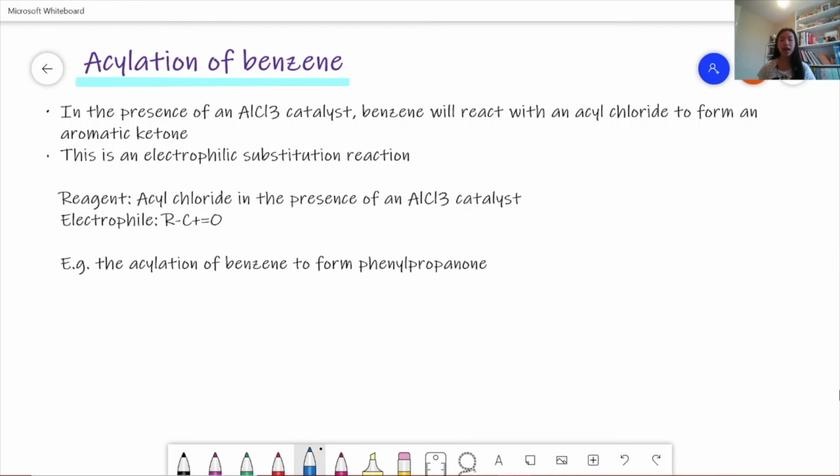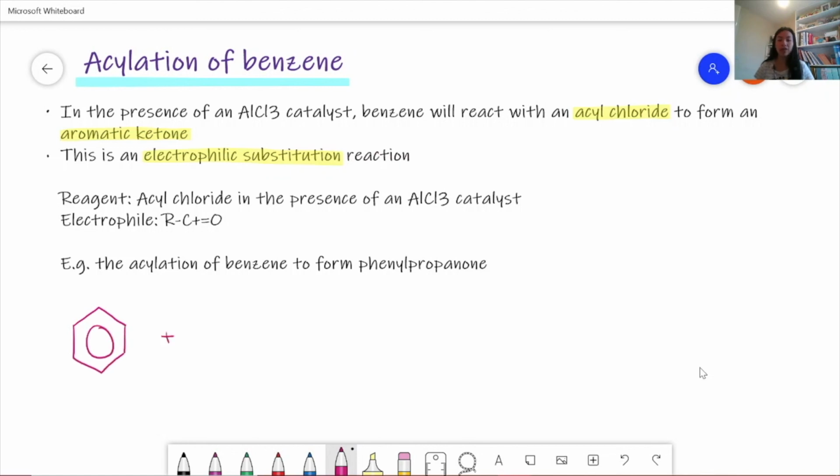So in the presence of an aluminium chloride catalyst again, benzene will react with an acyl chloride, so this is an acid derivative, to form an aromatic ketone, so a ketone with a benzene ring. And this is an example of an electrophilic substitution reaction again. And the reagent we use is an acyl chloride in the presence of an aluminium chloride catalyst, and the electrophile is this RC double bond O plus ion. So for example, in the acylation of benzene to form phenylpropanone, we start off with some benzene,